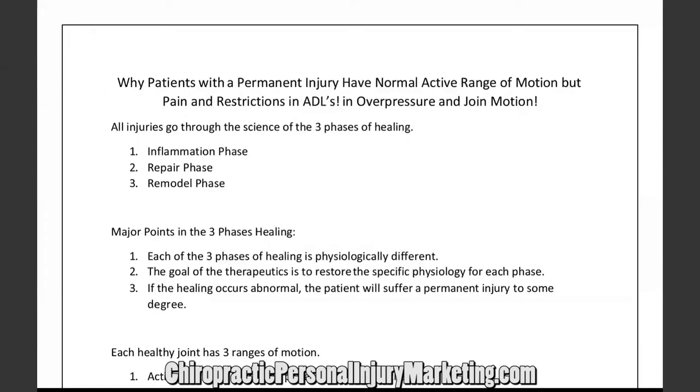Let's go from the big picture to the small picture. Then I want to point out three or four very important findings that you must include in all your narrative reports, especially this one: you have to be able to explain what causes pain, why somebody has pain in some ranges of motion yet no pain in others, or why they may have no pain in the first 50 to 70 degrees of a range of motion, but only at the end of that range. You've got to be able to explain this.